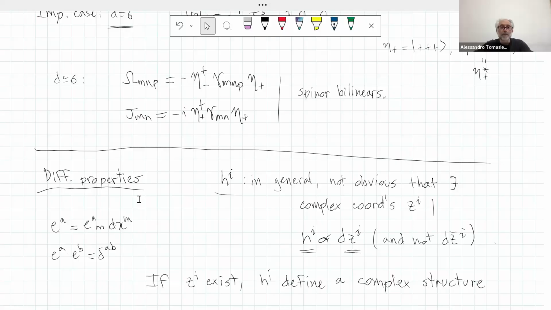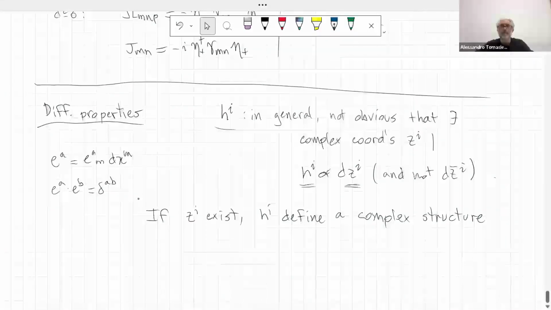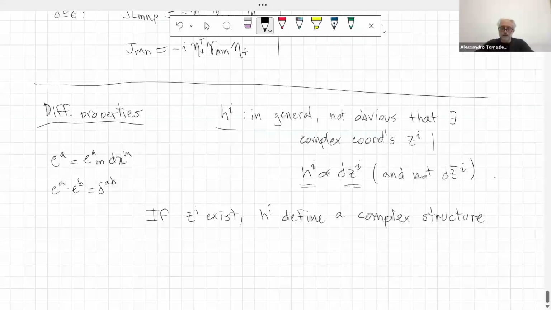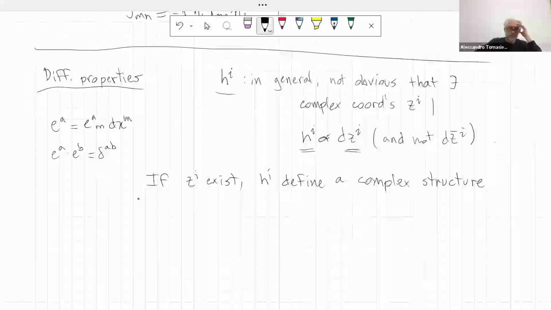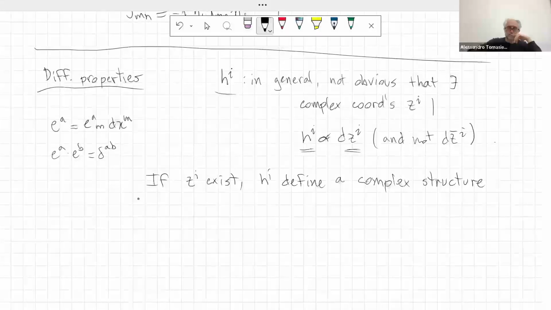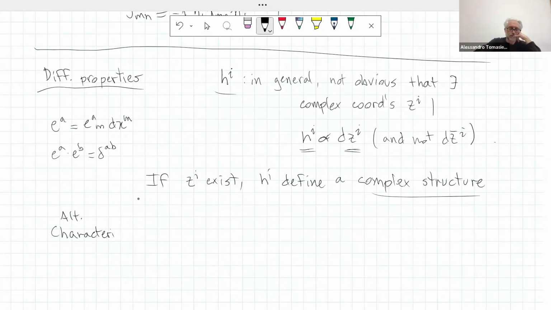So, let's see. I will now give a couple of characterizations, a couple of tricks, because this might look a little abstract as a condition. One way is to impose that